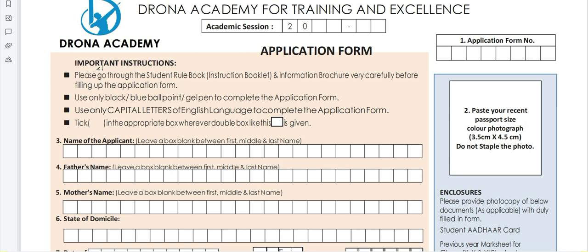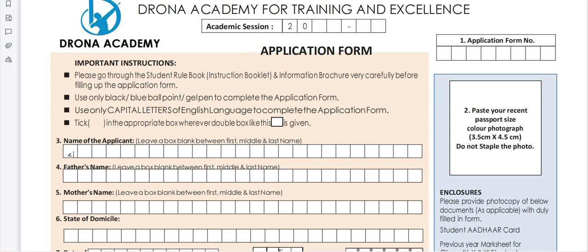Now when we come to the important instructions, here it is written, please go through the student's rule book or instruction booklet and informative brochure very carefully. So it's nothing. Next, coming to the second point, use only black or blue ballpoint or gel pen to complete the application form. Keep in mind you can only use blue or black pen, only capital letters to fill this form, and only the English language. Wherever the bracket is given, you have to tick right or wrong, and if such type of block is given,